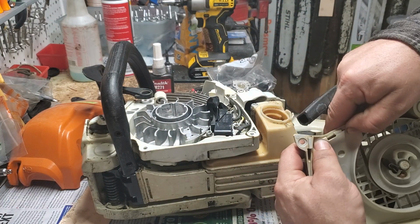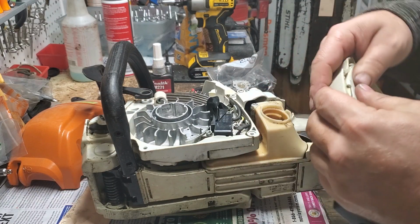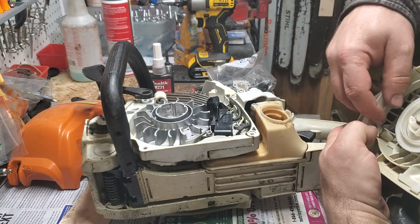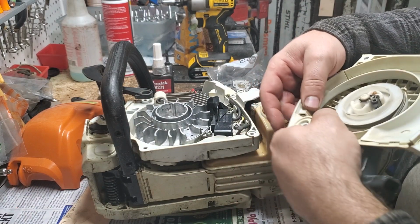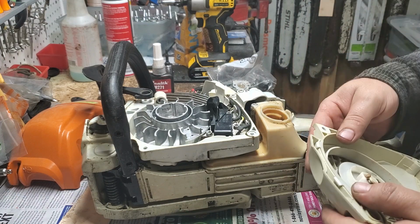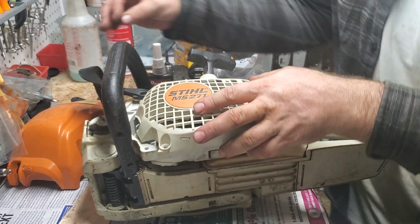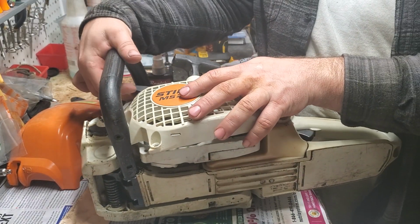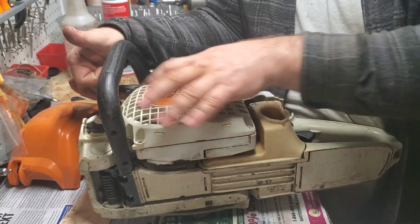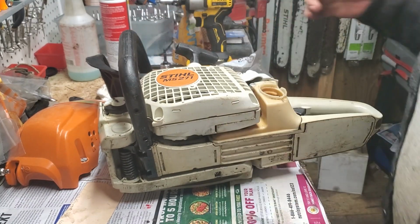This is very flexible to get under your other tabs. It's got one little tab there that's supposed to click, usually clicks in better than that. There we go. Okay, great. Now that goes under your chain brake handle. Just pull your chain brake handle up a little bit, and your chain brake handle sets above it. You will have 4